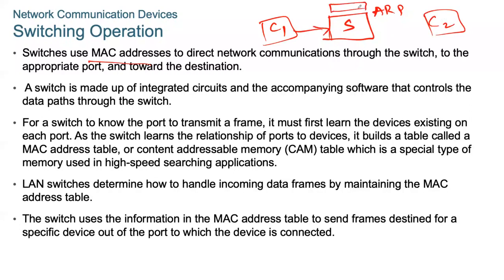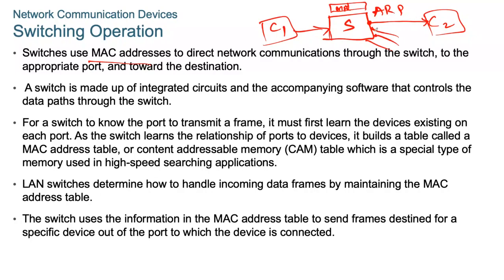From that header, it finds the MAC address. Based on the MAC address, it finds which line, which port, is connecting to the destination. If it has multiple ports, the appropriate port based on this MAC address will be selected and the packet will be forwarded through that line, so that it will not go through other ports, and that will avoid the